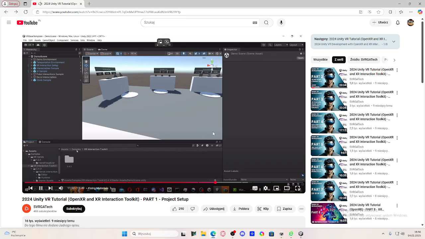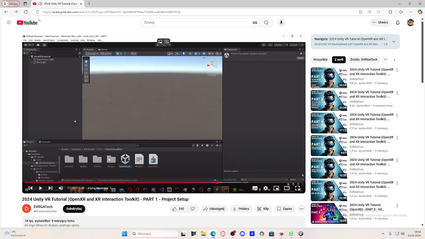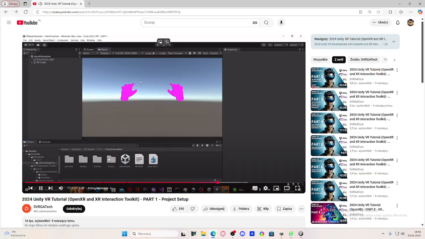So now you must have noticed that the materials here are a bit off. If I go to the hand visualizer scene especially, you will see that